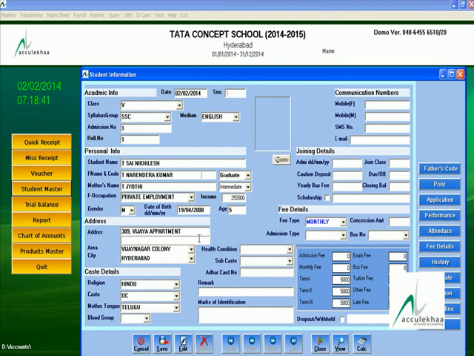You can define the mobile number of the father, 9441155, like that. Mother name, mother mobile number.